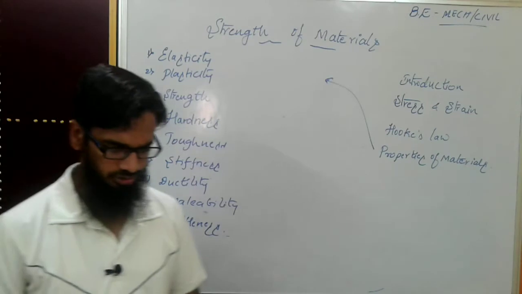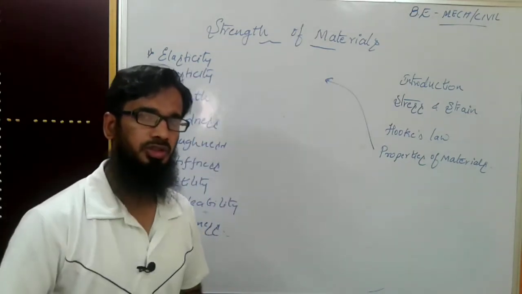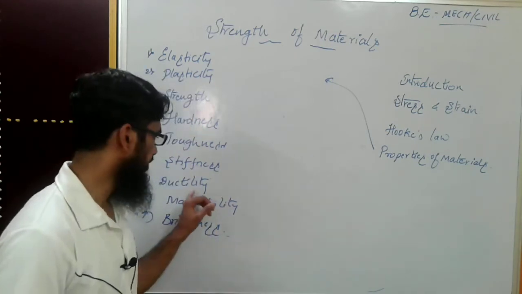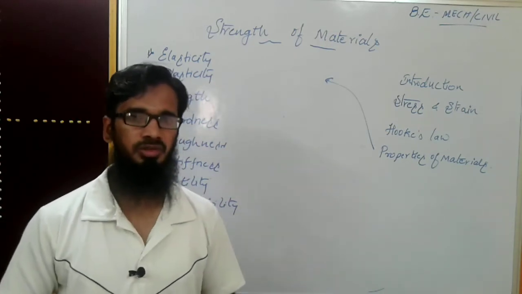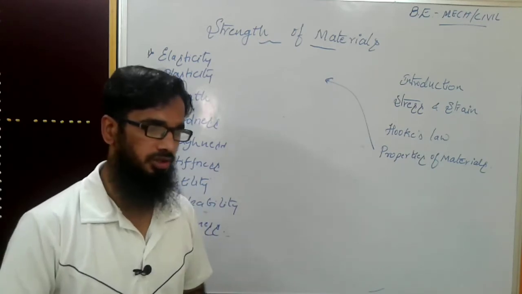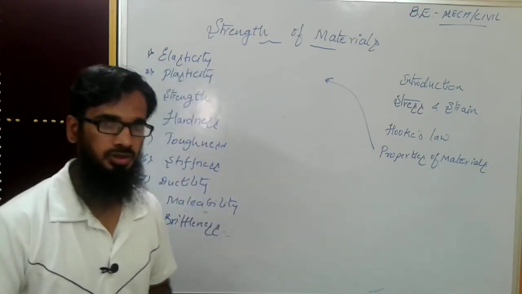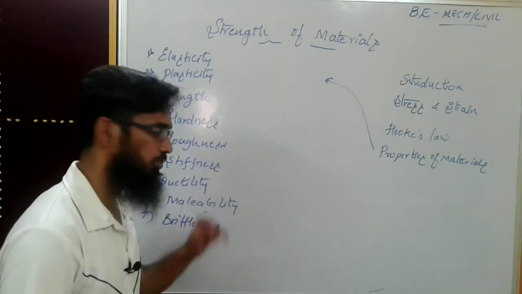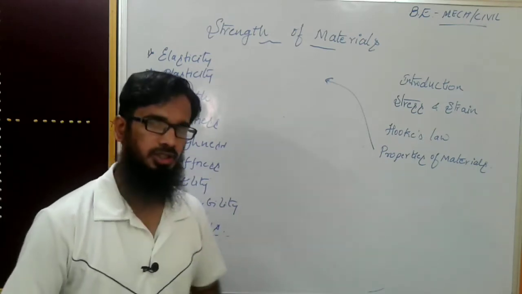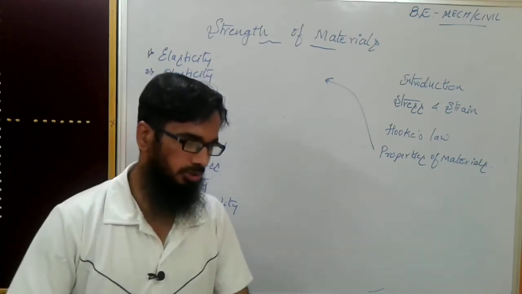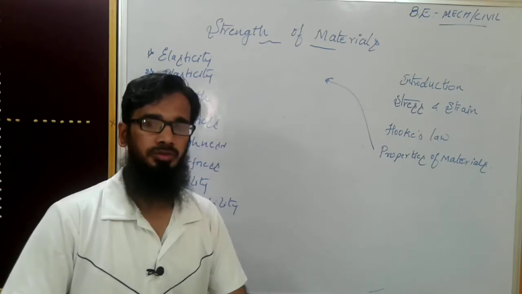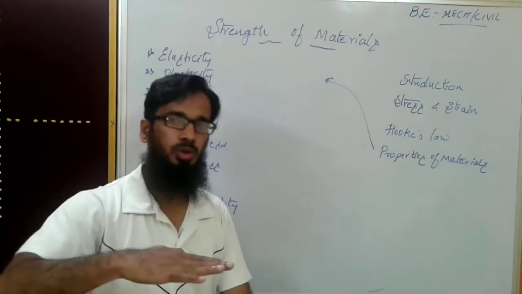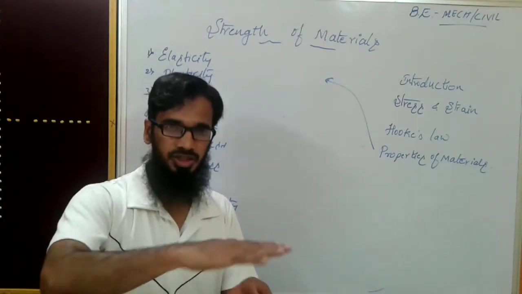Now the ductility. Ductility means we can draw the material into thin wires. We have seen a lot of wires and structures. The ductile property is also a main important property of a material, where we have to get thin kinds of wires. That is basically the ductile property. Now the next one is malleability. Malleability means we can hammer the material into thin sheets; we apply load so that we can get flat sheets.